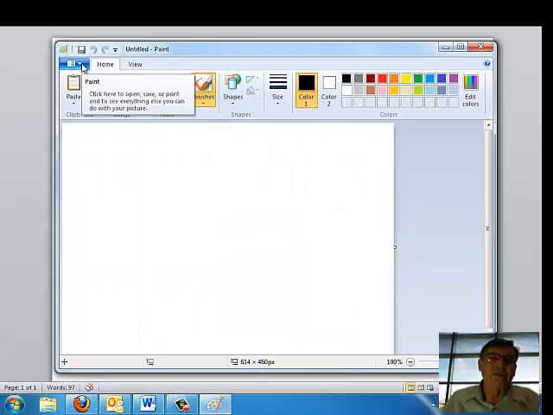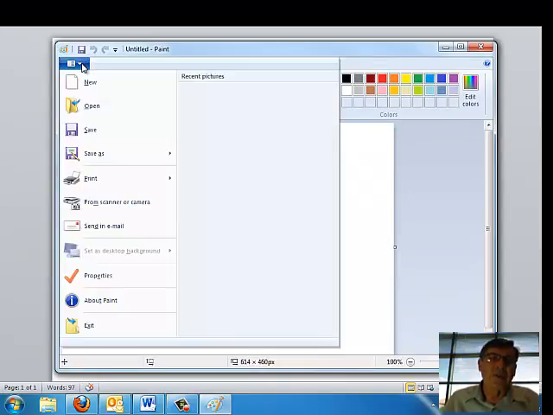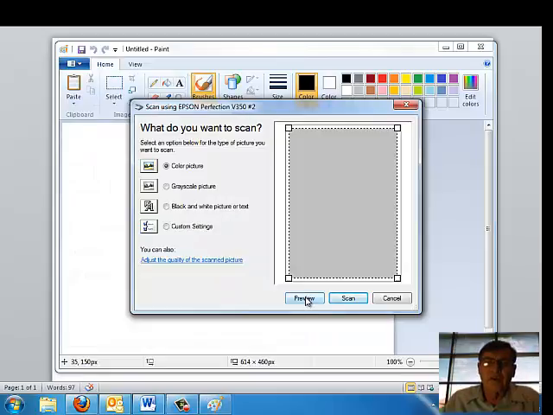First thing you do is go up here to the part about Paint, or File, where File would be, and you look for something that says From Camera or Scanner. So if you're hooked up to a scanner either at home or at the university, you go here and click on this. First thing I'm going to do is a preview,